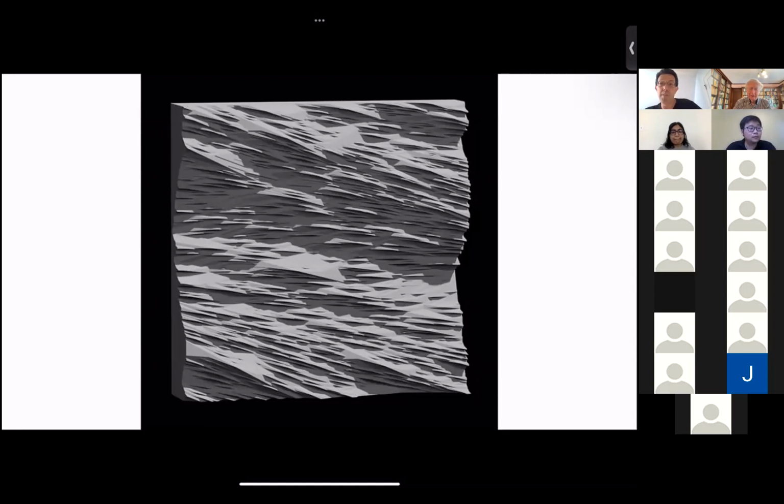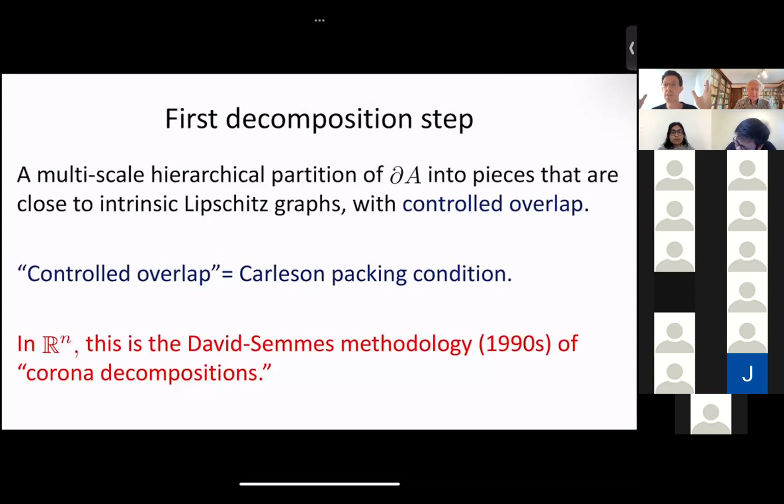So I just want to say that the proof goes by showing, so there is a paradigm in the Euclidean world, which is corona decomposition, which says that every surface of finite perimeter can be decomposed into pieces which are close to Lipschitz graphs, with controlled overlap, and this is the Carleson packing condition. I'm not going to go into it. It's a way to partition every surface in R3 into pieces which are close to Lipschitz graphs,